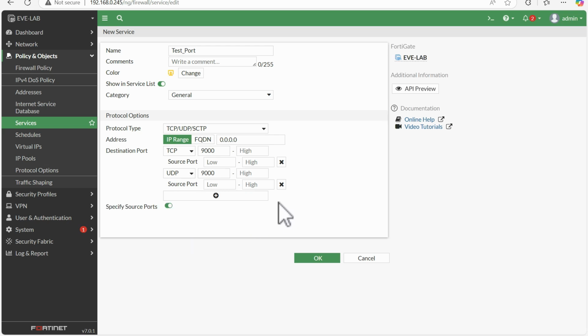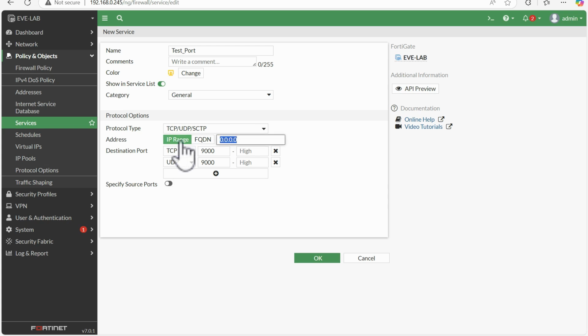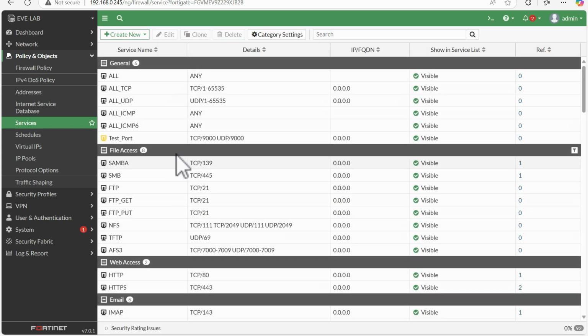What will be the source port? Using this specify source port option. If we want, we can define the IP addresses, but for the service object it is recommended that you only define the port numbers in these sections, define TCP and UDP, and okay. So this is the first step to create